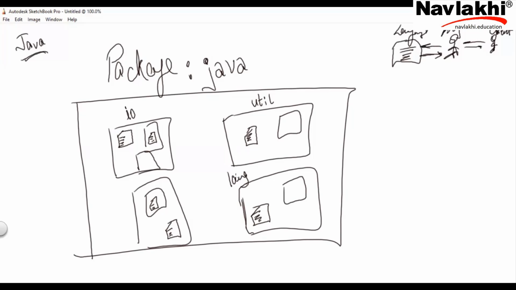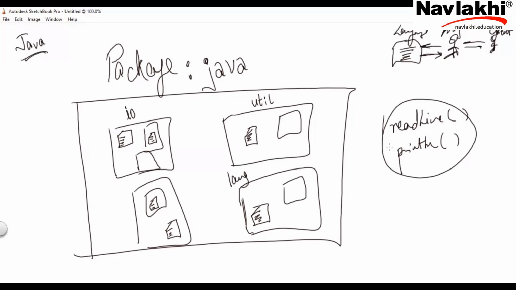Like one basic function to do input is called readLine. Now this is one function which is used for doing input. There's one function for doing output called println. Now these are functions. So where will they be? Inside some class. So each function is within some class. Get the organization. Forget the function name. I'll discuss the functions in detail later, but understand the organization.